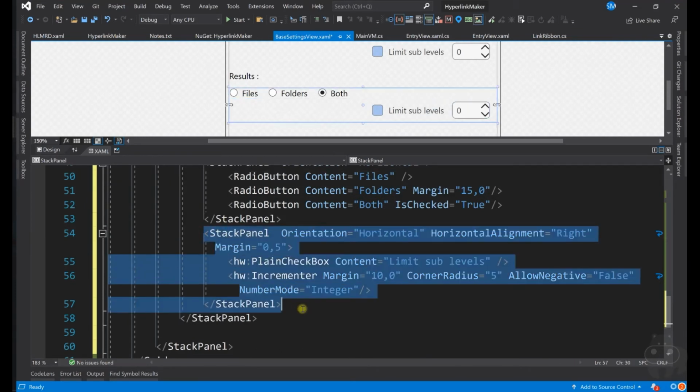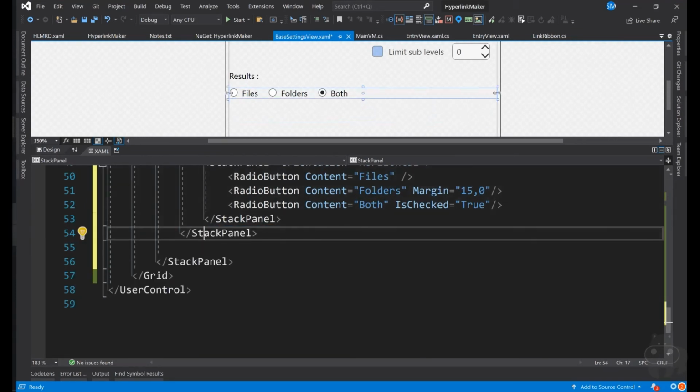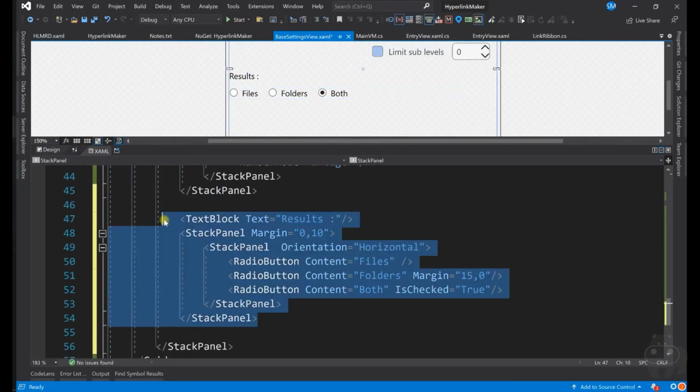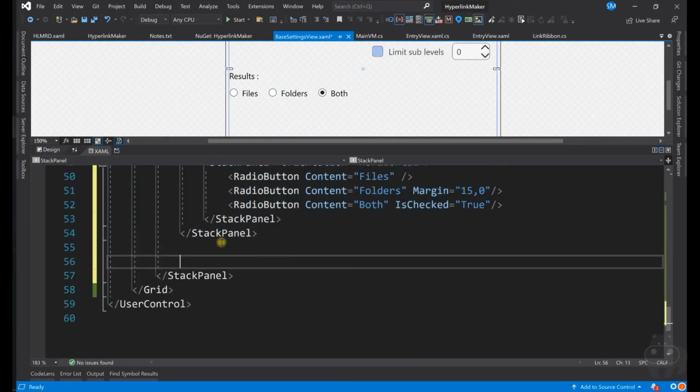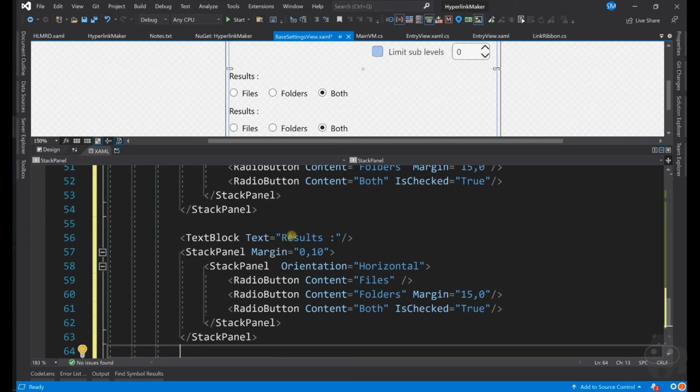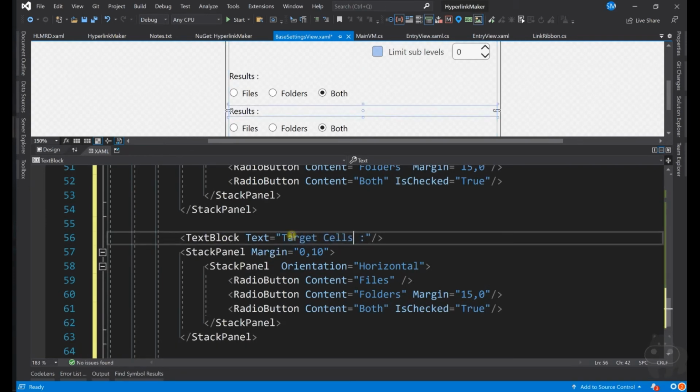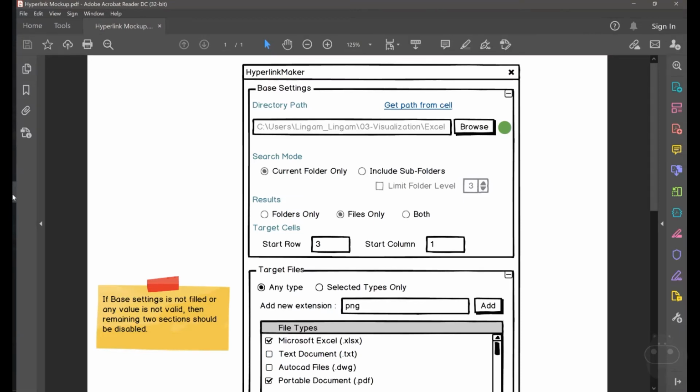We don't need these things. That's fine. And next one is target cells. Let's copy this again. Go down a bit. Target cells. And this is going to be start row, which is basically, in a horizontal stack panel, you start with text box, text block, text box, text block.